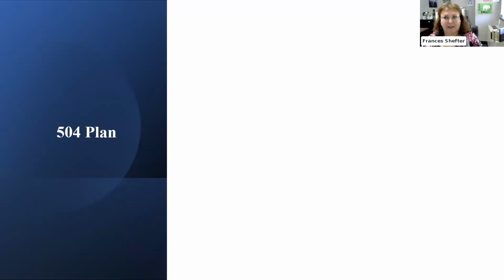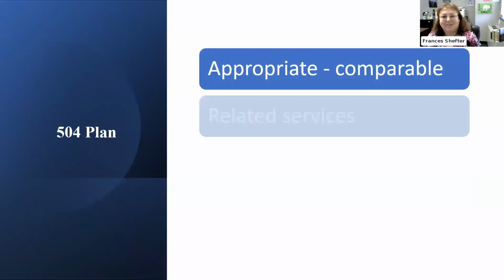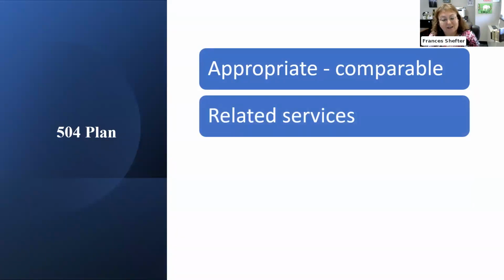For the 504 plan, it needs to be appropriate, comparable. So it's kind of general on where it needs to be. There can also be related services on a 504 plan. You can get behavior support, you can get occupational therapy, you can get physical therapy on a 504 plan if that's what your child needs. And I think occupational therapy can't be a qualification on its own for an IEP. So that's why you would get OT on a 504 plan if your child doesn't qualify for an IEP under